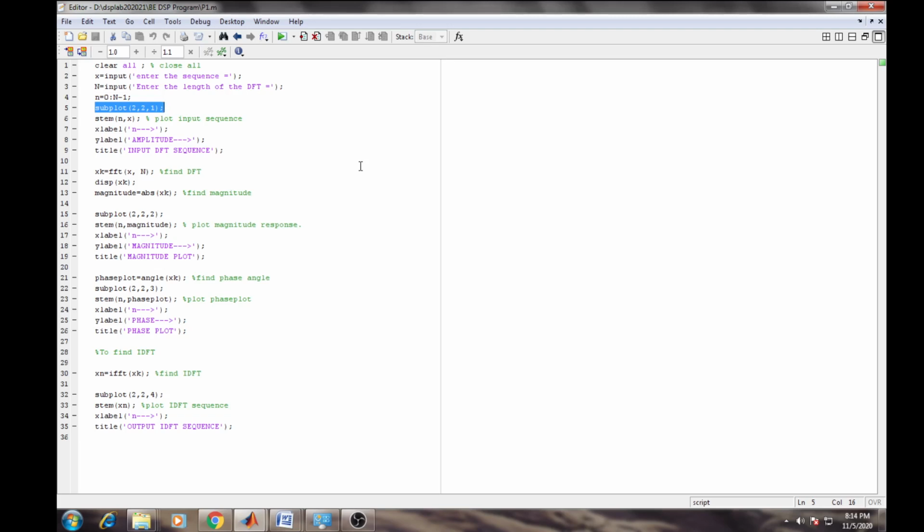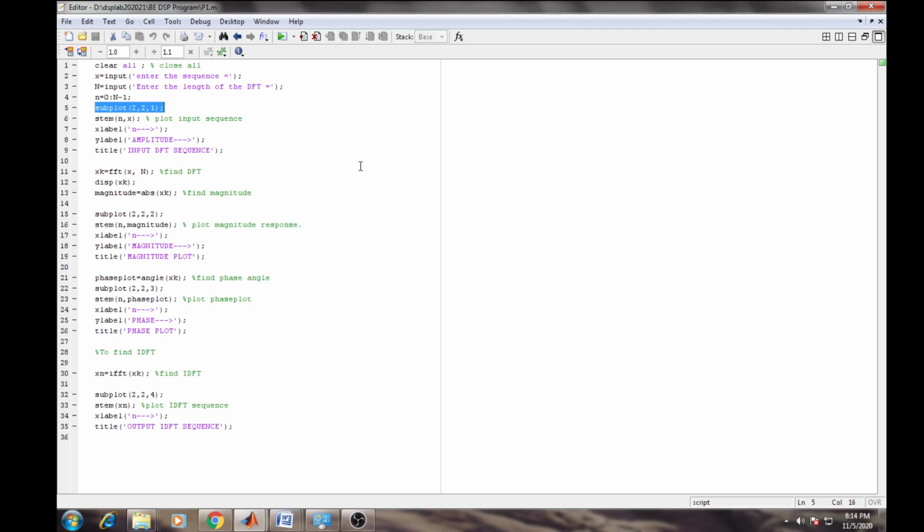The first and second tell you the row and column, and the third tells you the position.